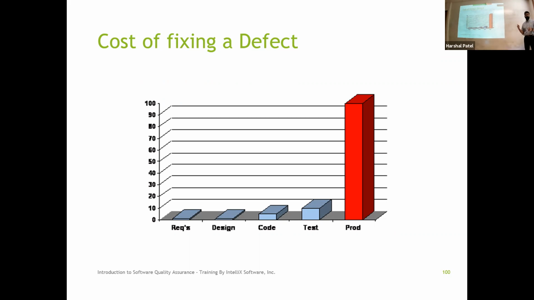So I have to fix the data. Potentially, I have to compensate my customers. So let's take an example. I was doing e-commerce and my shipment address was wrong. So now I have to get the shipment back from the wrong address, give it to the new address,